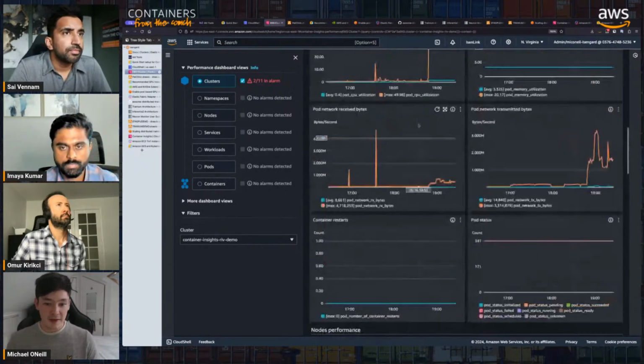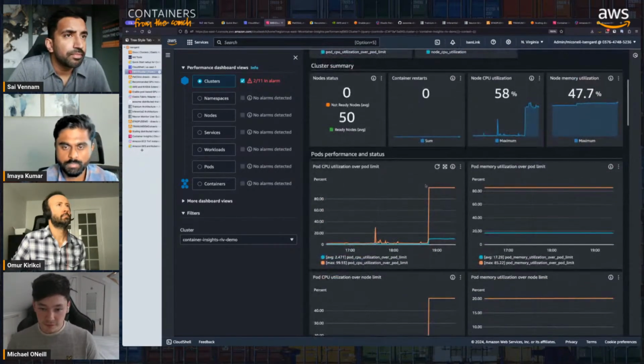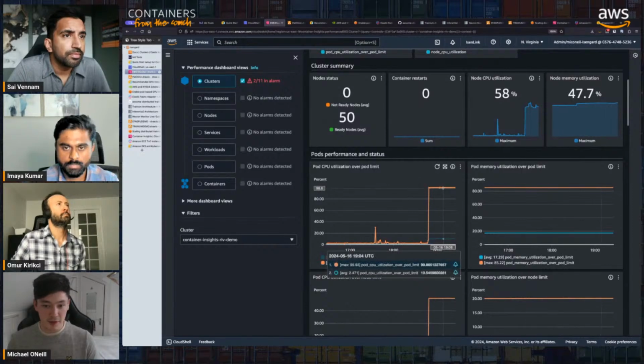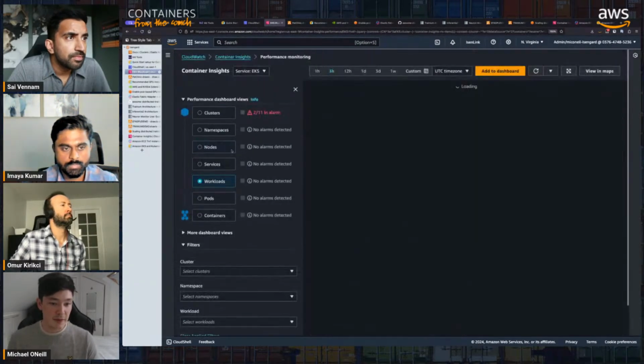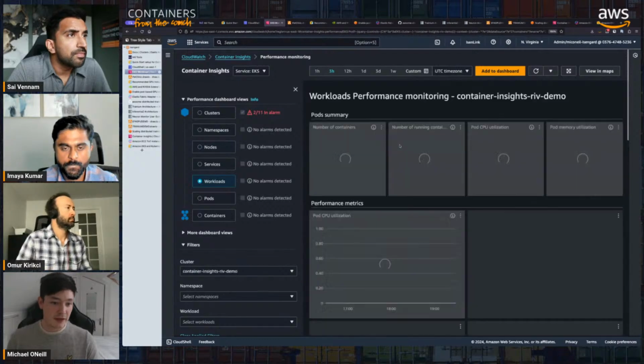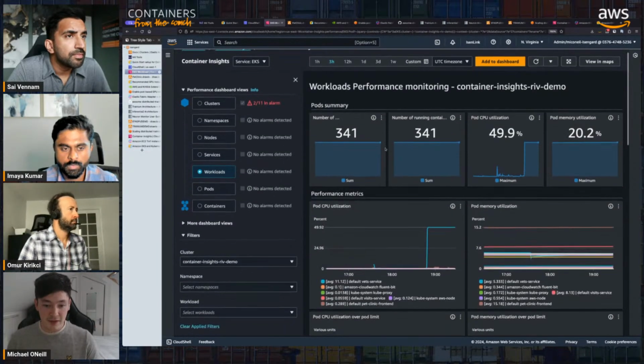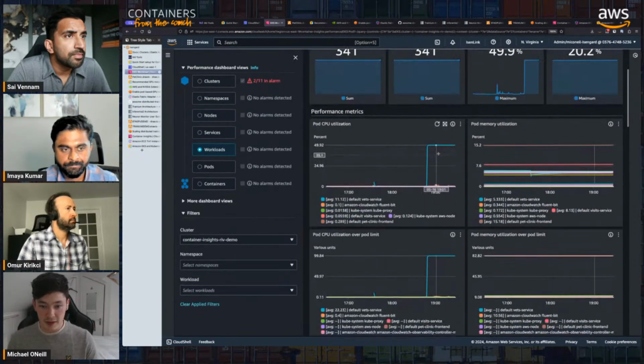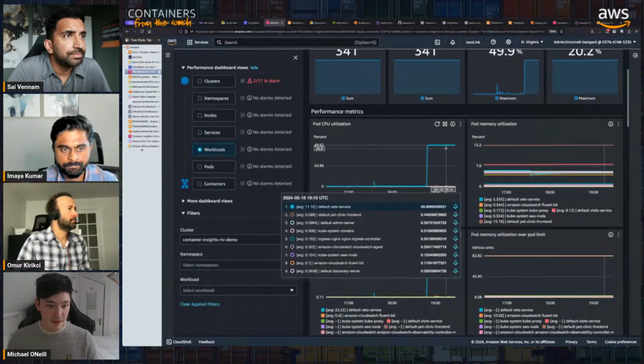But focusing on this issue here, we see there's high CPU. Let's drill in and see what the problem is. First of all, I want to know which pod, which workload could this be? I've got a bunch of daemon sets, replica sets, different things installed in this cluster. So I want to know which one it is. Straight away, I can see here that it's the vet service that's in alarm,